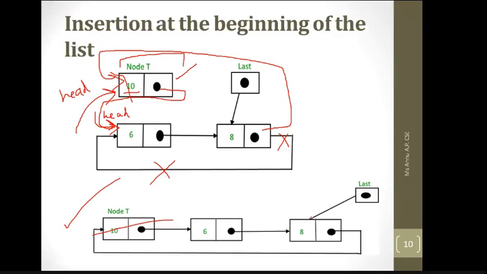Okay class, whenever you are creating a circular linked list, it is mandatory for you to maintain this last pointer. That's why we are representing this pointer as a separate pointer, because only with the help of this node will you be able to know that this is the last of this list. Otherwise you will not, because each node has some address and you cannot identify which node is the last node of this given list. Fine class. So you need to be careful whenever implementing a circular linked list. You have to use this last pointer.